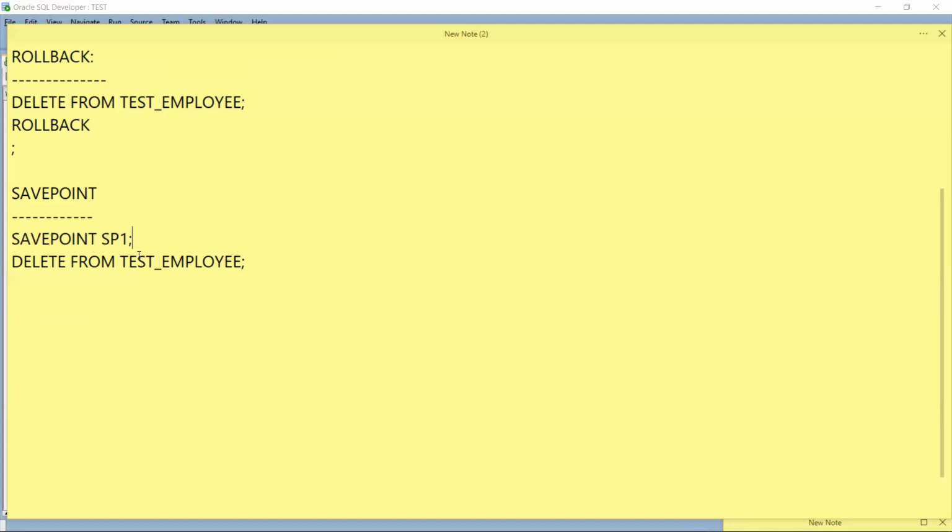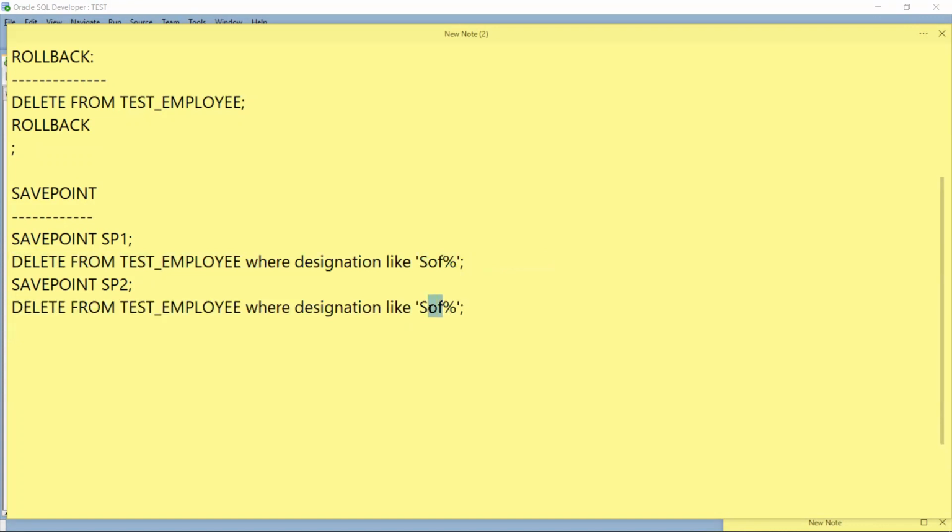I'll create a save point, then I delete from the table, then I again create a save point. Here I can give where designation equals, say, software engineer. After that I create another save point SP2, and I'll give here senior software engineer.